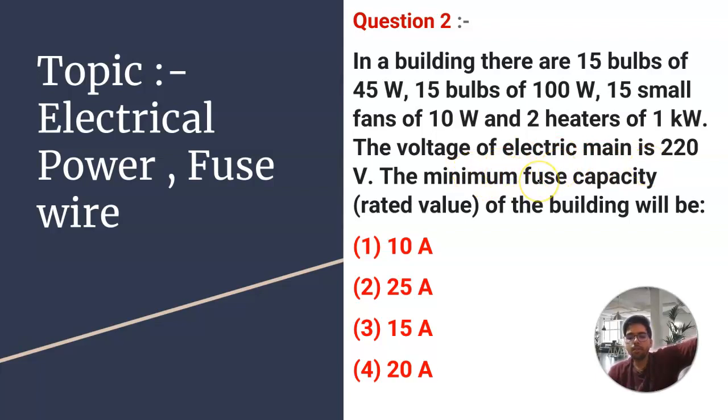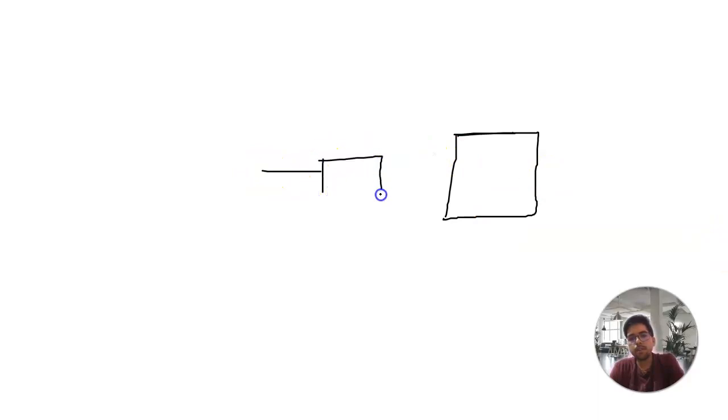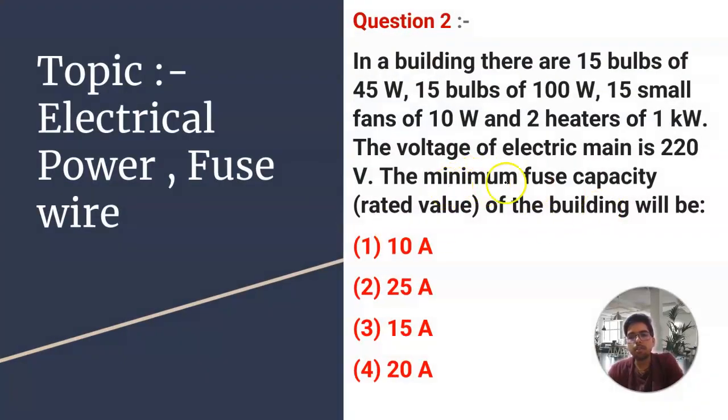It is coming from, basically, before this there is a meter, where all your electricity bill readings, how many units you are consuming, are recorded. It is a meter, and inside it there is one fuse wire. How much current must pass through this fuse wire, what is the minimum current we have to pass? In this question they are asking for the minimum fuse capacity. Fuse capacity means the minimum value of current I.